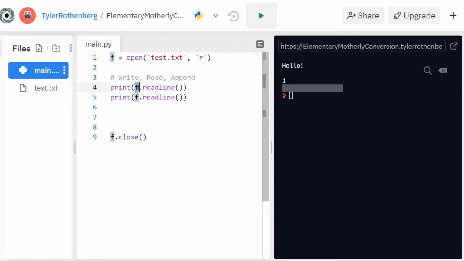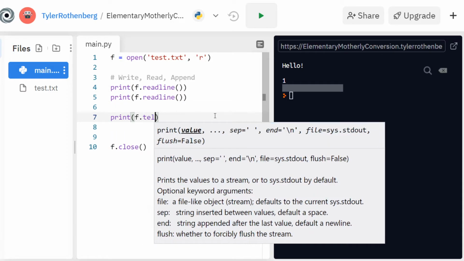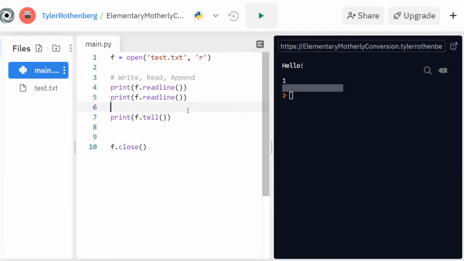The file object f keeps track of where it's at, and you can always check that by printing f.tell. So tell is a function that'll display its current position in the file. We're currently at position number 9. There's one more function that's just worth showing off at this point,